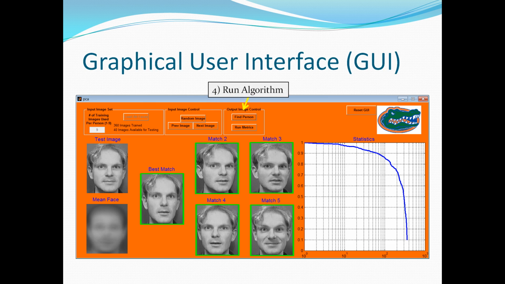The Find Person button will then execute the PCA algorithm and decide the best 5 matches. In addition, the mean face of the training images is presented to see what part the algorithm is looking at. Statistics are also generated, which shows the delta between the Euclidean distance of the best match to subsequent matches. This essentially shows the confidence of the images, which is why the first image should be close to 1